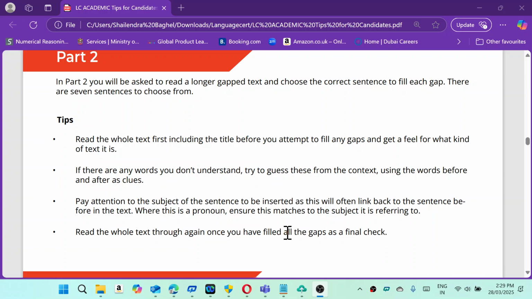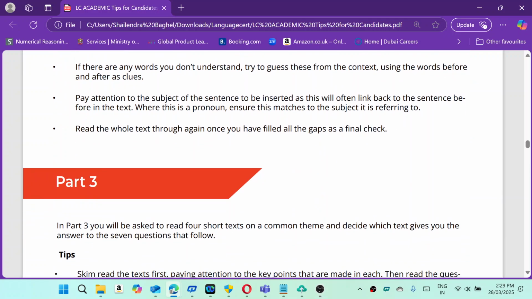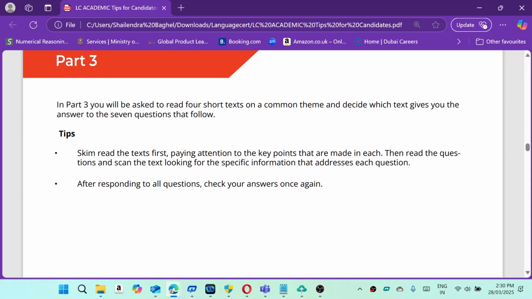to the subject of the sentence to be inserted, as this will often link back to the sentence before in the text where there is a pronoun. Ensure this matches the subject it is referring to. So you'll get a better idea once we discuss some of the sample questions. As is obvious, read the whole text again so that you know whether it's a final answer or not. Part 3. In part 3, you will be asked to read 4 short texts on a common theme